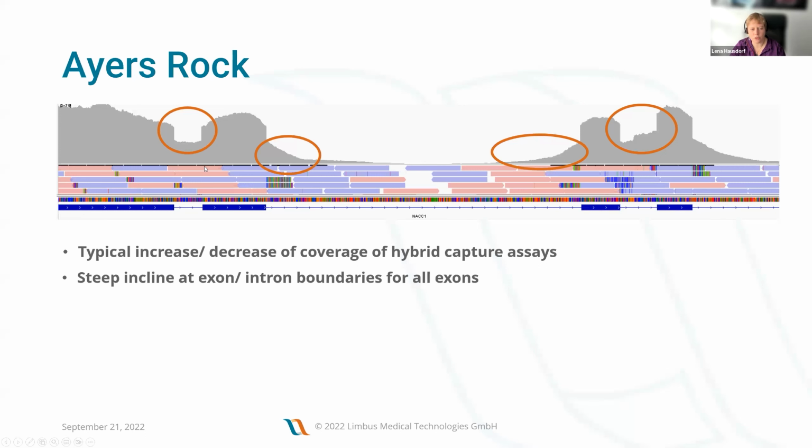So every time you see steep inclines, or at exon-intron boundaries, you have to think about a pseudogene, especially if the whole gene looks like this, or a big part of the gene. So in this case, the whole gene looked like this. Every exon had this. And we already had cases where you didn't have this underlying wild type gene. In that case, you would have no intron coverage and it would clearly look like an amplicon-based